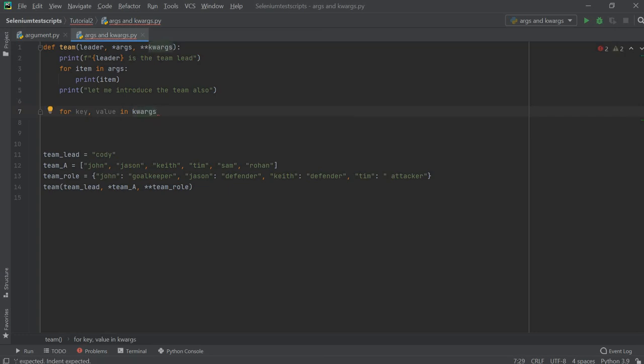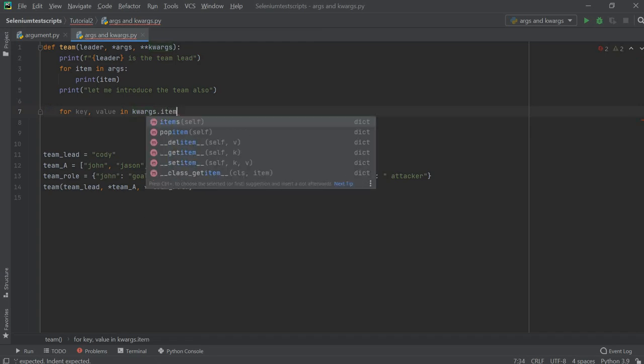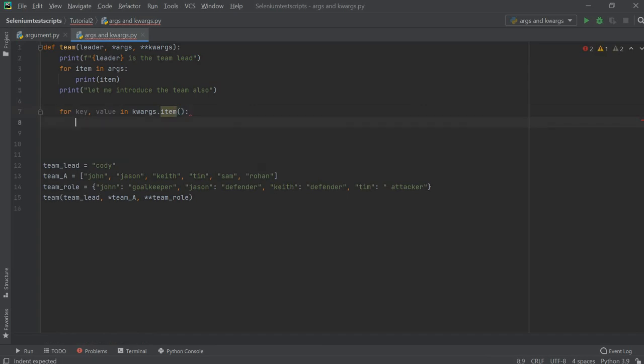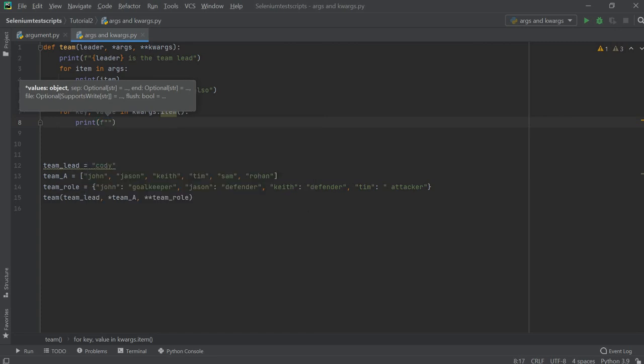Okay, so kwargs, as I'm going to access both the keys and values, for that we use the items function, if you remember that. And now I'm going to print it. Inside this I'm going to use the f string also, and now I'm going to use the key here.